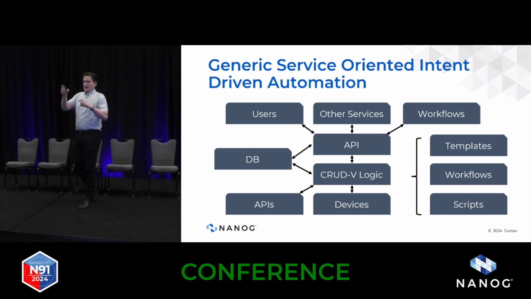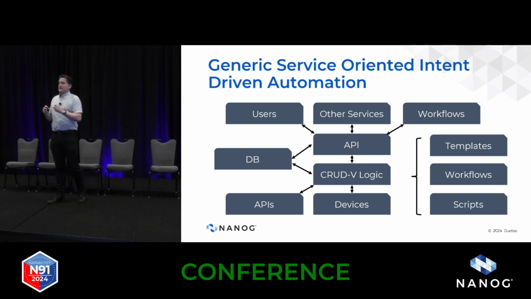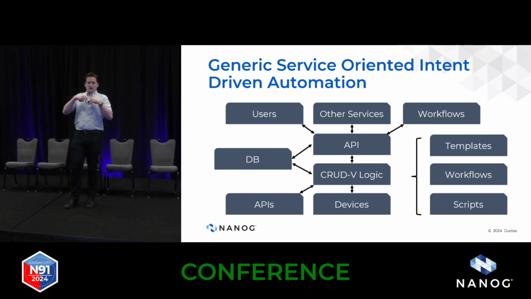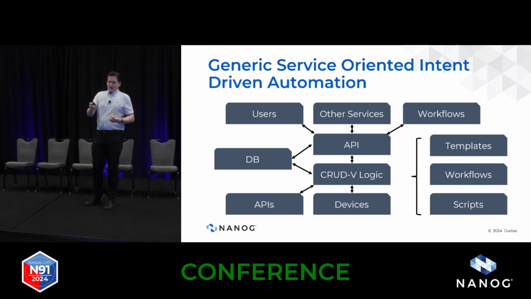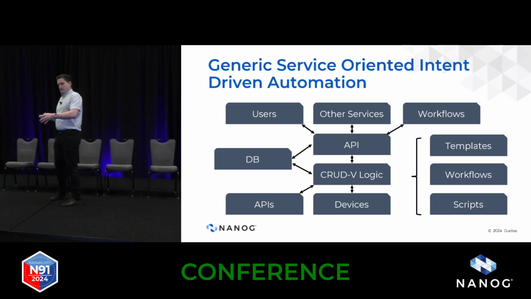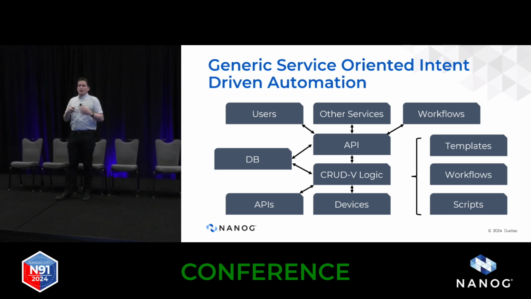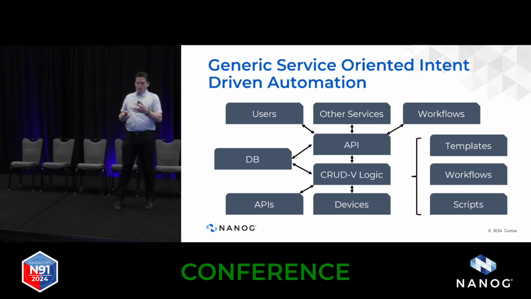The idea here is that we've encapsulated some of the logic that you need to make a change. So instead of making one gigantic system to manage your whole network, you can have several small, well-defined systems, which have well-defined APIs, solve a particular problem, and hide some resource management. When they provide a simple API, that enables your entire orchestration to be simpler. And so then we have templates, workflows, and scripts. Those are basically going to be important for implementing our logic, right? We need to have some tools in our toolbox to accomplish that. And they're going to be useful.